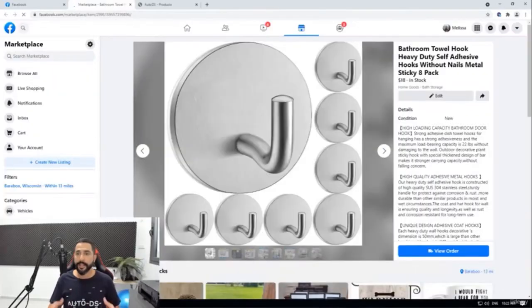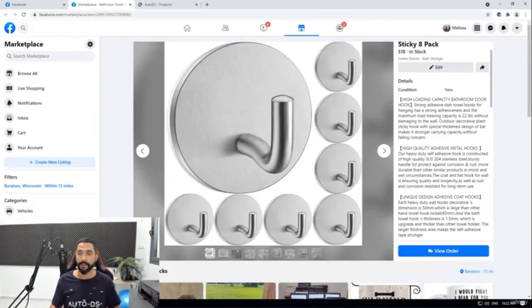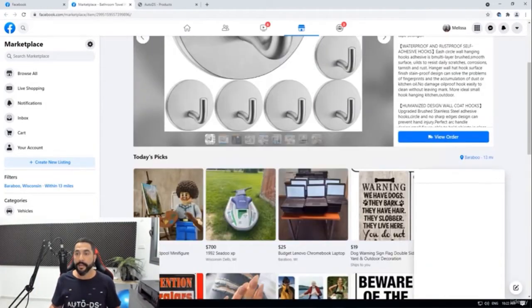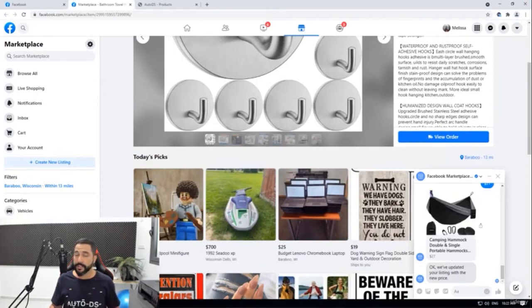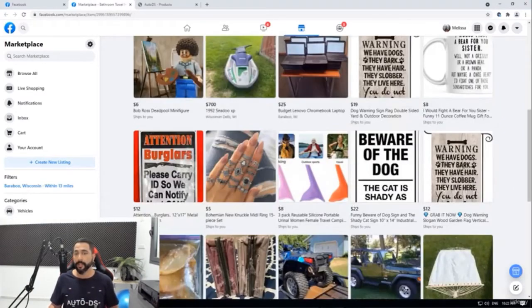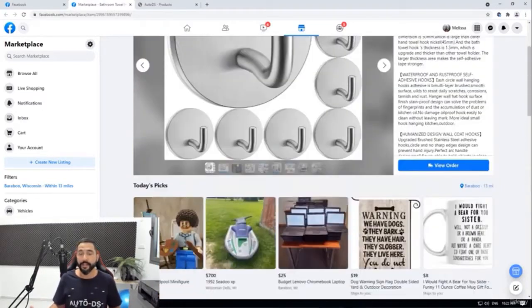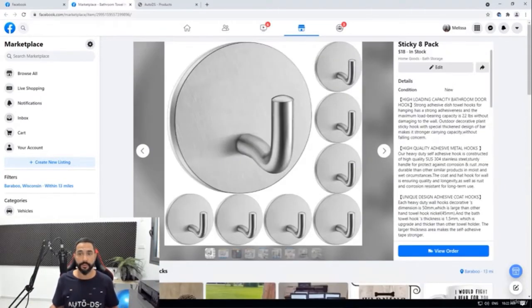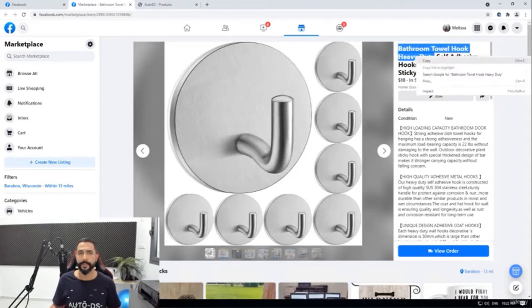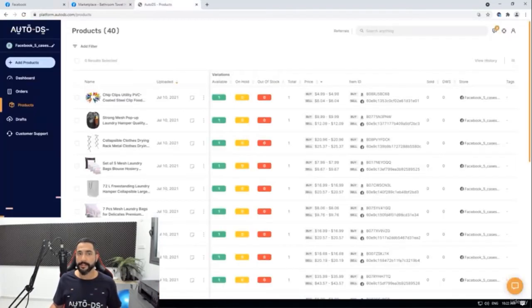So if I click on it, as you can see here, I can see the whole listing on the Facebook Marketplace. Here you can see the product description on the right side. I made it all very well organized, just as I explained in the last video on how to optimize your Facebook listings. So it will simply look really good. The customers will see that you are a professional store and they will end up buying from you, as they did here. So what I'm going to do is copy some of the title and go back to AutoDS